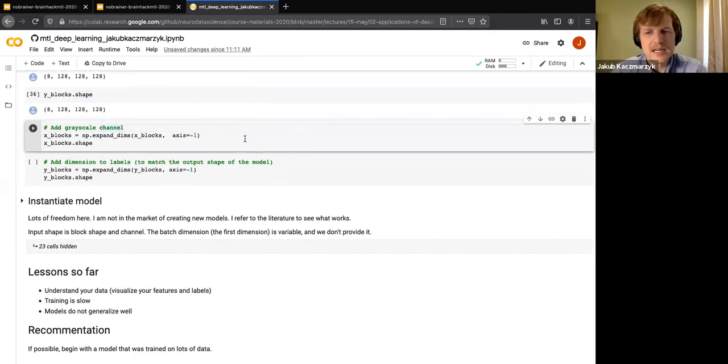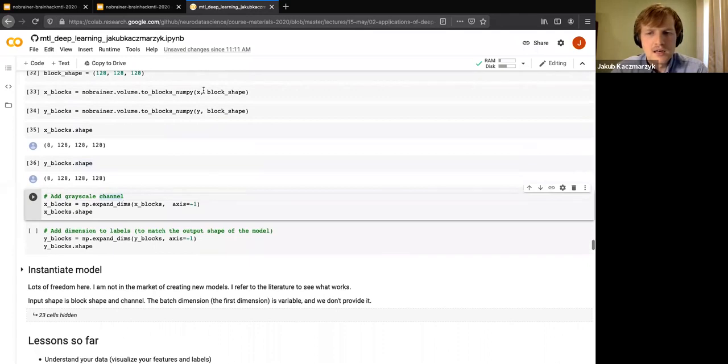And basically, why is the block shape printing 8 by 128 cubed? No, that's a good question. So yeah, it's the number of blocks. Just to reiterate what we did with this function here,